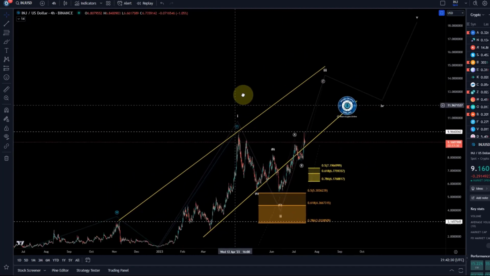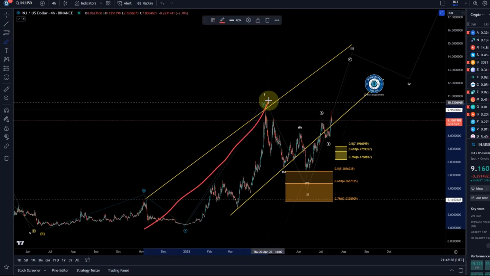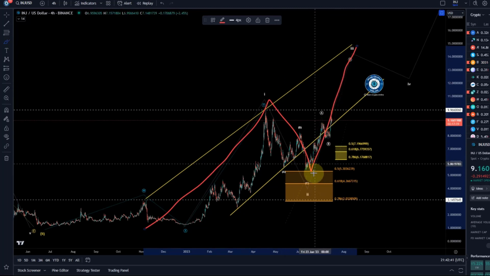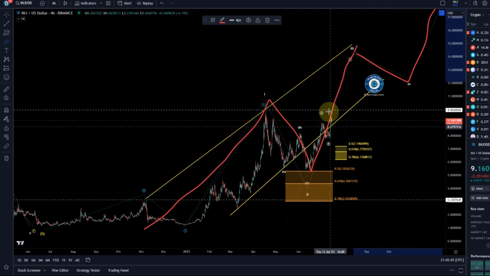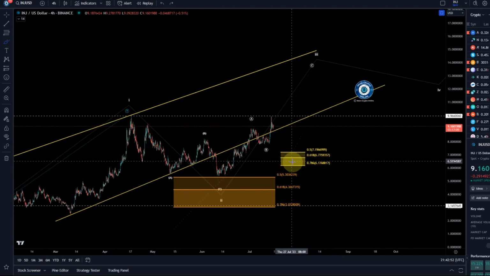Remember, we're tracking here a larger diagonal structure. I've got here on this chart a wave 1, I've got a wave 2, I've got a wave 3, which would also be an ABC structure, then a wave 4 and a wave 5. This can subdivide in various ways on lower time frames, but for now I keep the $6.17 level as relevant